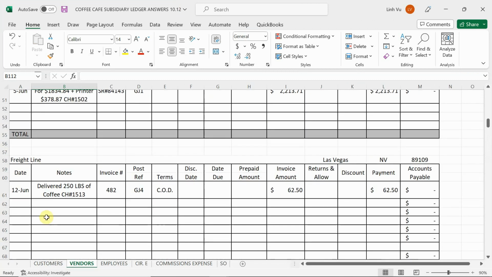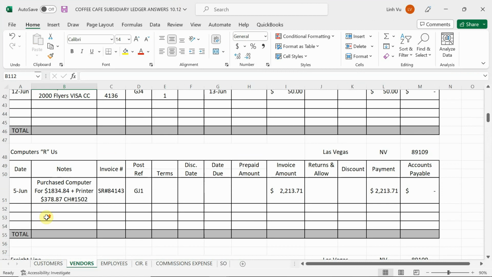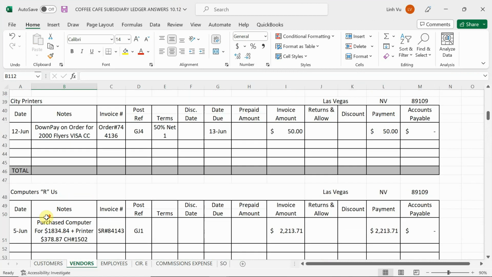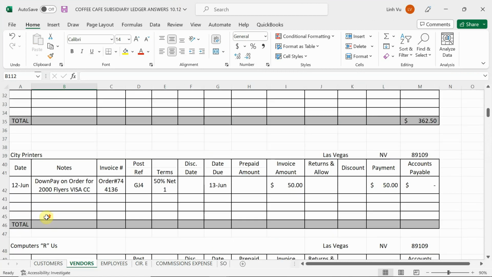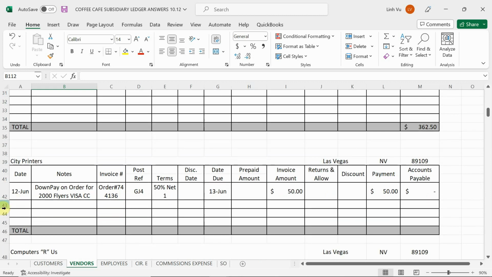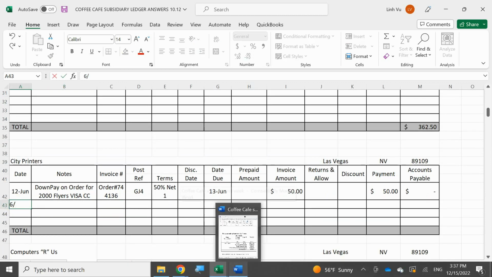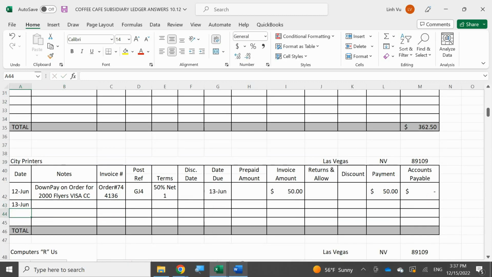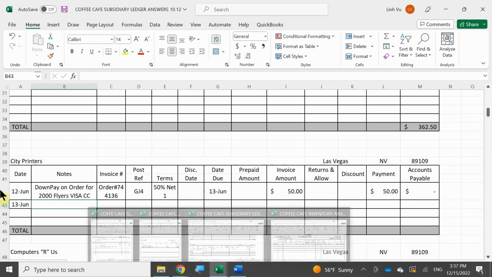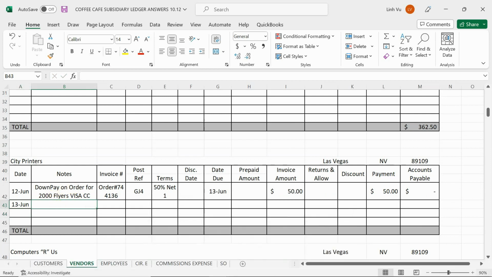Nope. Yes, no, yes, no. Freight line, here you go. Nope. That's Computers RS. City Printers right here. Today is the 13th. Okay. You can go ahead and say purchased or picked up